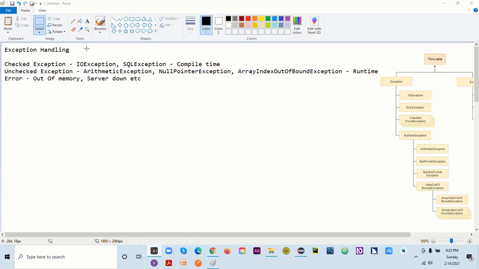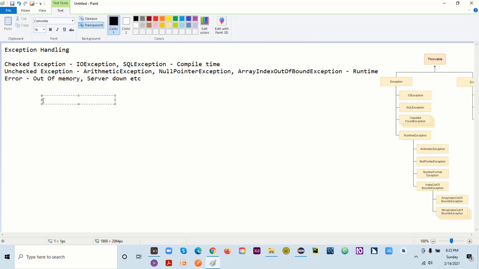Let's understand this. Let's say you are writing a program and, for some reason, you type something wrong and it throws an error. What will happen in this case when you compile your program? At that time you will get the error, let's say any syntax error or semantic error.